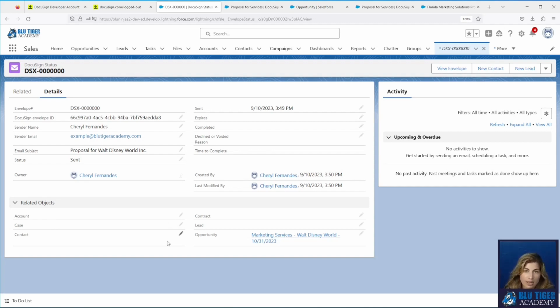If you're sending it out from any other custom object record or any other standard object record, you will need to create a lookup field on the DocuSign status record and then create a flow that updates this record. There is a field called a source ID. So let's go in and edit this page layout and edit the Lightning record page so that we can see everything on one page like we did with the DocuSign envelope template object.